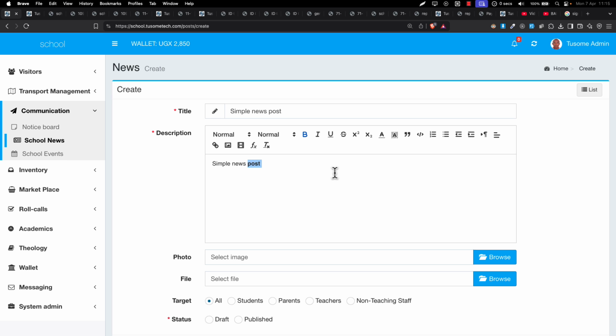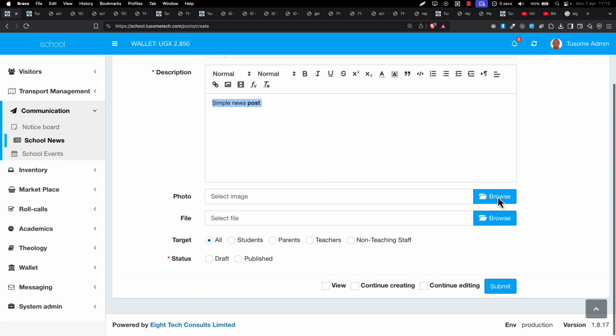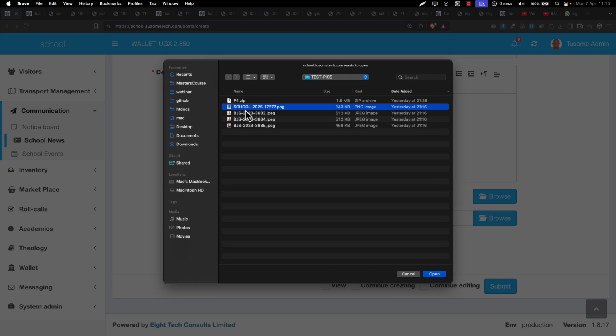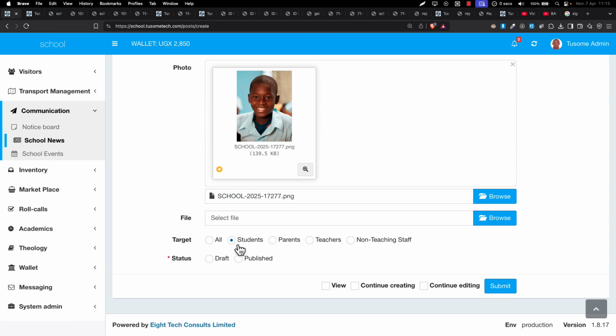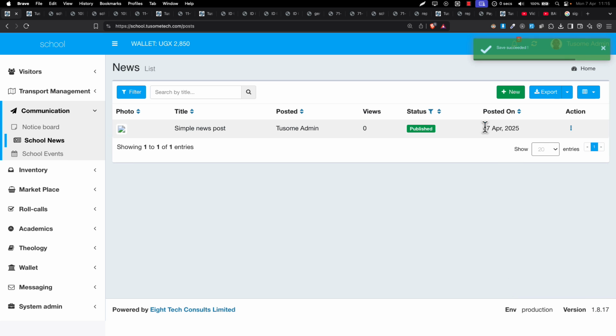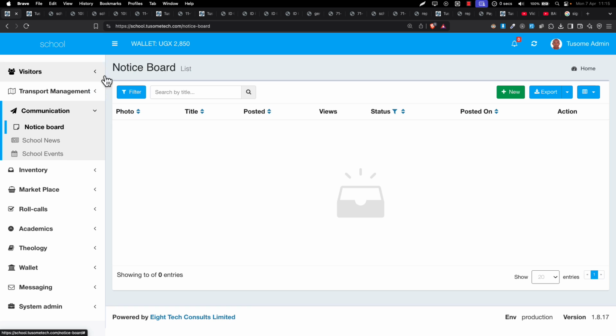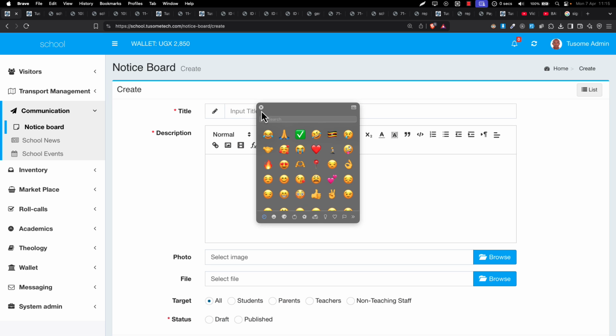So when you go to the mobile app, parents should be able to get the news that are happening in what? In school. All right, I can go and publish. Yep. So I can also publish on the notice board. Let's say I want to communicate to teachers, I can go ahead and publish